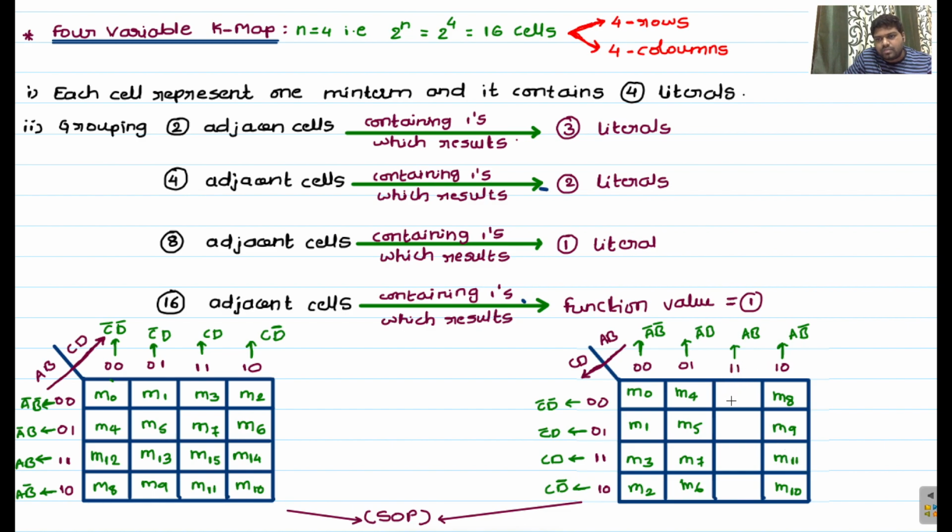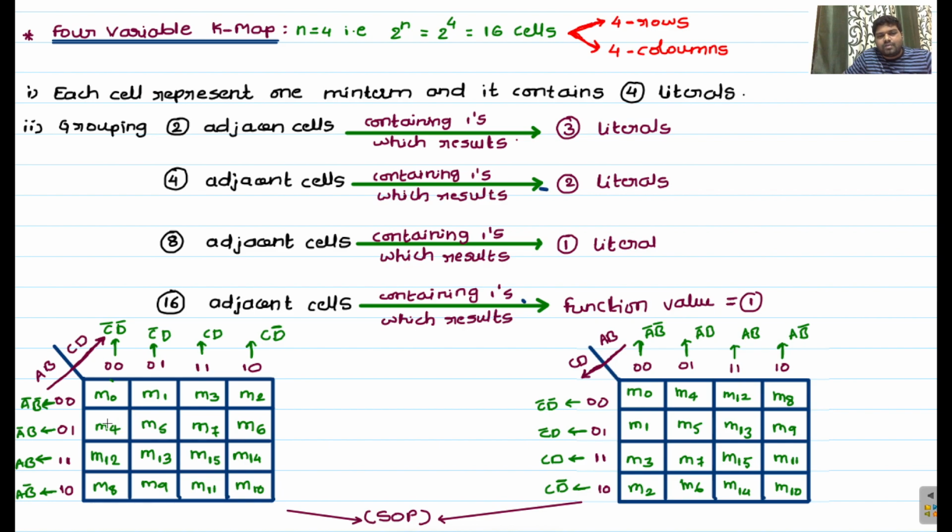Next you come to this 11 position. Here you start with M12, since we already closed at M11, so we start here with M12, right? Next M13, M14, next M15. This is the arrangement of numbers in these square boxes. If you are taking the upward direction, you move from left to right. If you are taking the downward direction, you move from top to bottom while considering the gray code sequence. Okay, so this is about the arrangement of the 4 variable K-map, and this is for sum of product, right?